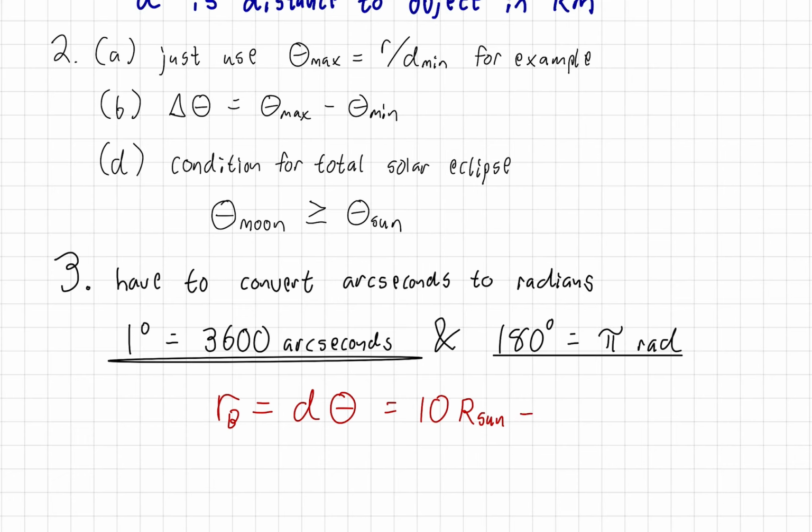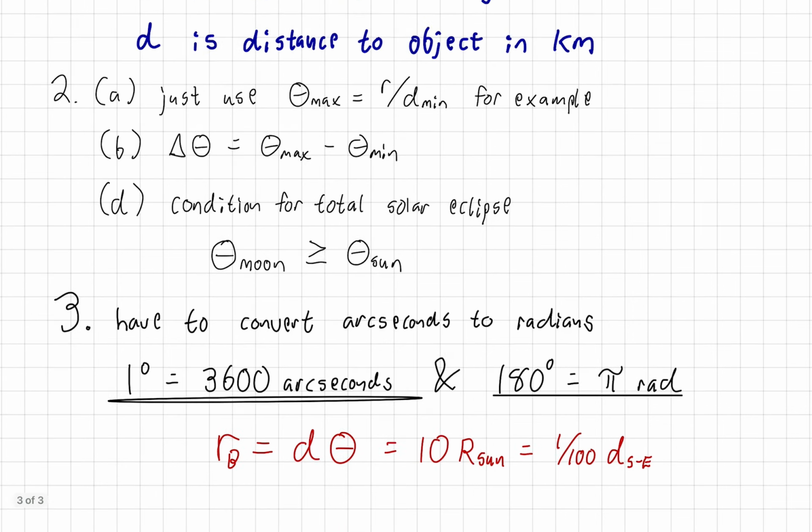And maybe that's also going to be equal to 1/100th of the distance from the sun to the Earth, SE for sun-Earth. So that's what I'm looking for, is some sort of fraction relationship. A percentage is also fine. You could say that it's 10% of the radius or something along those lines, okay? Or 10% of the orbital radius, that you need to make that comparison clearly in whatever way you see fit,